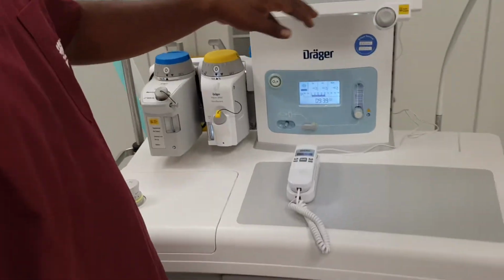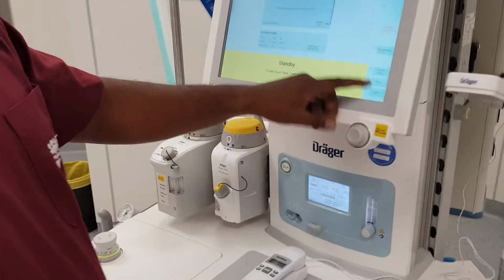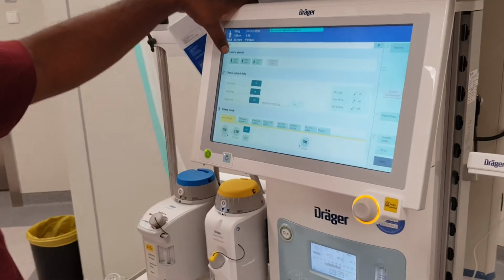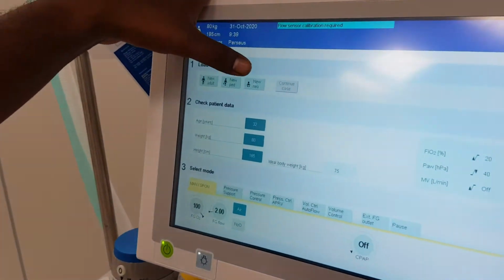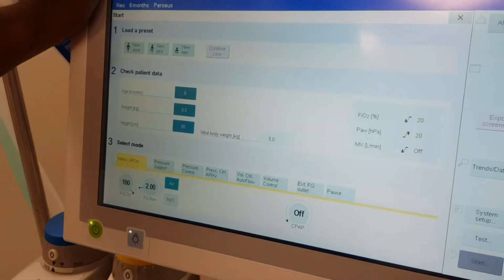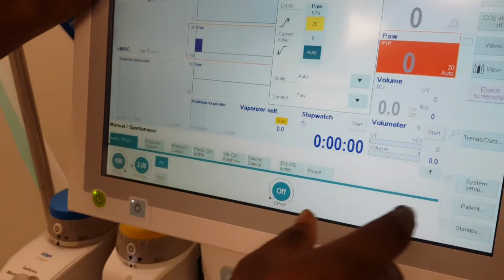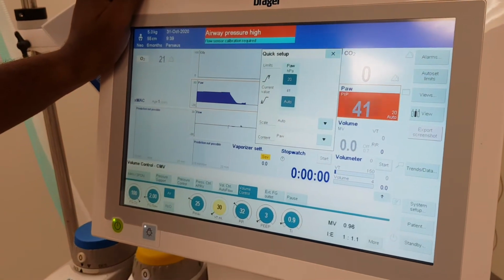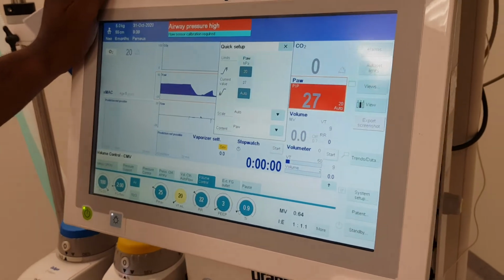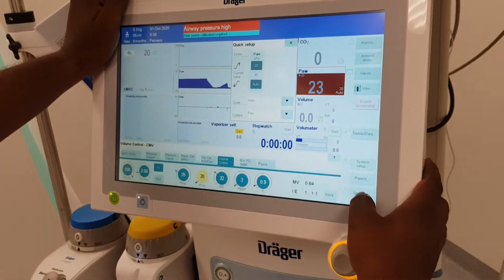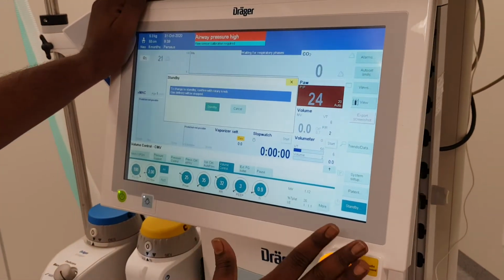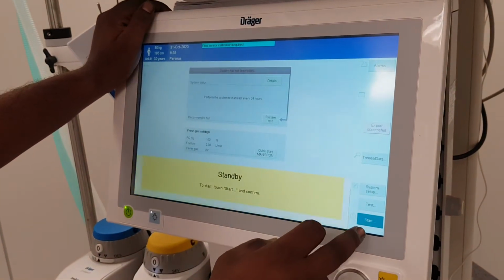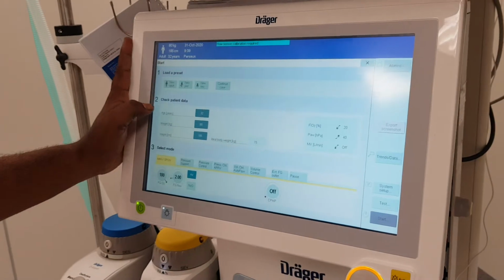So this is the anesthesia machine. Start the machine. You can select the mode: new adult, new pediatric, and new neonatal. You can set the tidal volume of 20 units. You can set the age,